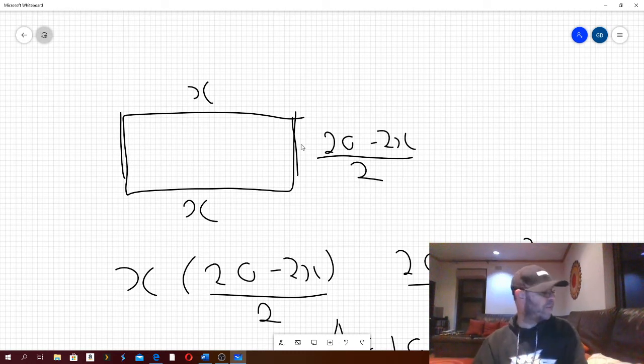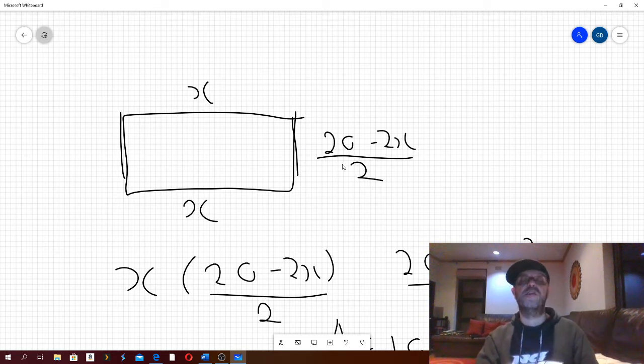They must also be 5. And so we proved that the maximum area occurs when that rectangle is actually a square. Alright, so question number